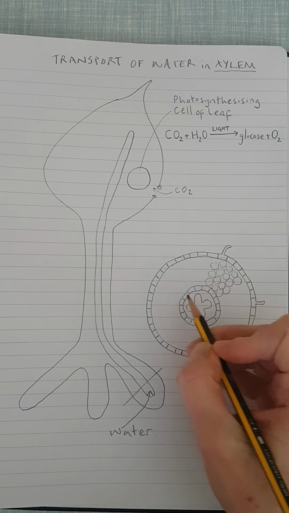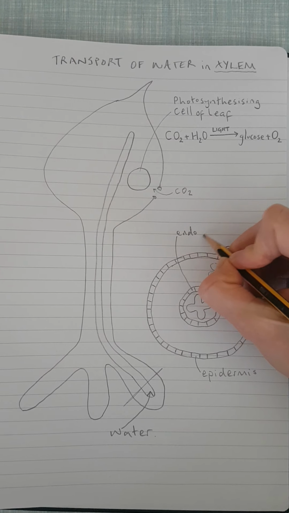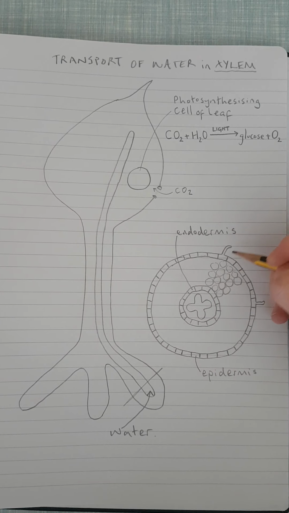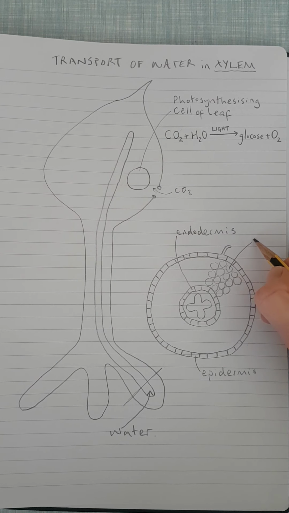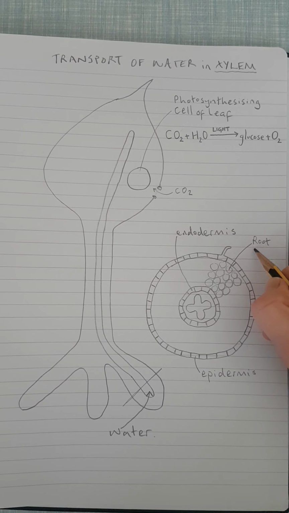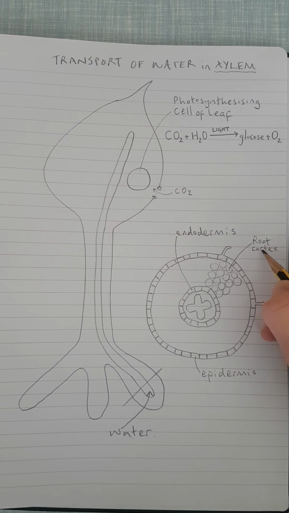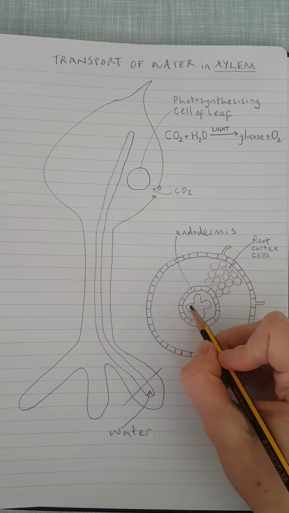We have the endodermal cells here, the endodermis, and I haven't drawn all of the cells in here because it was going to take a very long time, but these are the root cortex cells. So it's a big layer of cells in between the epidermis and the endodermis,